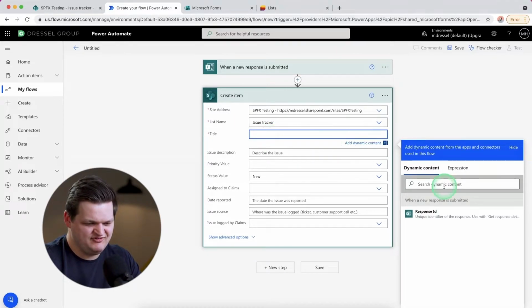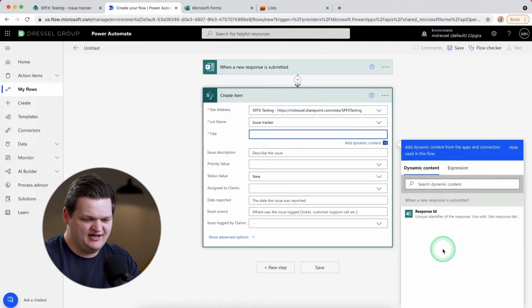And if you look here, this is the dynamic content window, and this is designed to take some sort of content that exists elsewhere in the flow and put it in this step, basically. So if something happens before and you want to use that later, this should show in your dynamic content window here, and you should be able to click on the different fields that you want to use. But notice that all we have right here is when a new response is submitted,